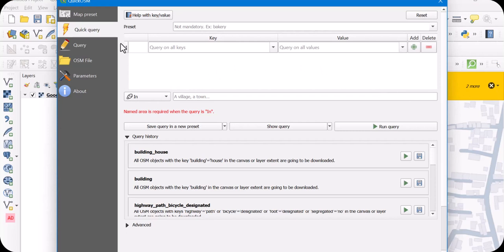Then you see this pop-up, the preset, and here the query on all keys, meaning keys and values. What does this mean? If you want buildings, then what is the value? If you don't know, then just go to help with the key and value. Then the OSM